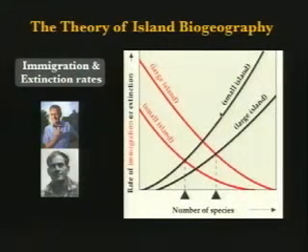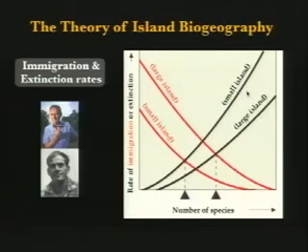And what we need to see is how those rates of immigration and extinction are related to size and distance of the islands. So a large island is going to have higher immigration rates of new species colonizing it from a mainland or from the source area because it's bigger. It's a bigger target. And when species are propagating, they're more likely to hit the bigger target than they are the small target. And so your immigration rates are going to be higher for the bigger mass. The extinction rates are going to be higher on the smaller mass than they are on the larger mass.